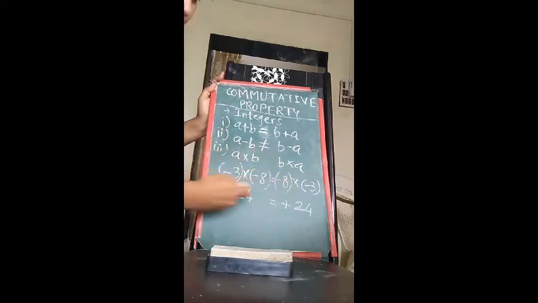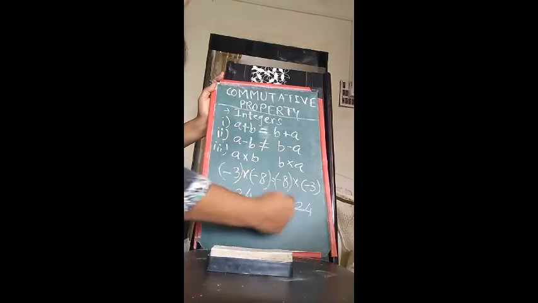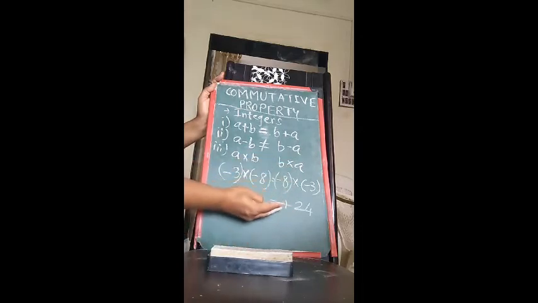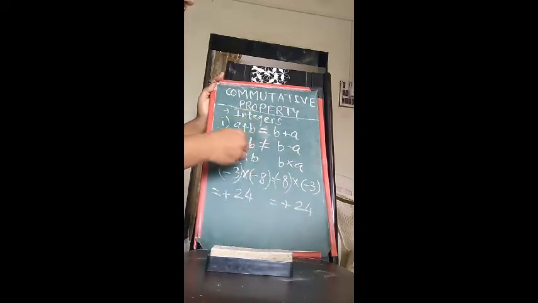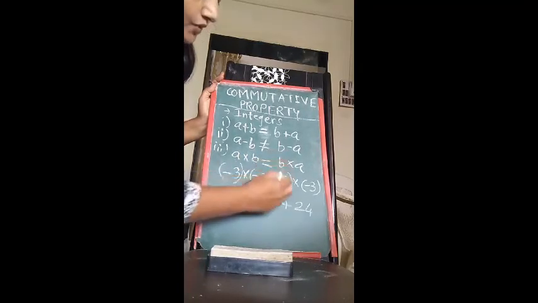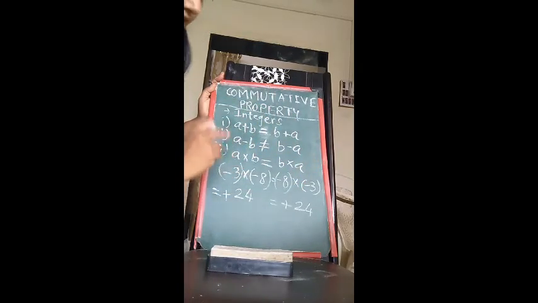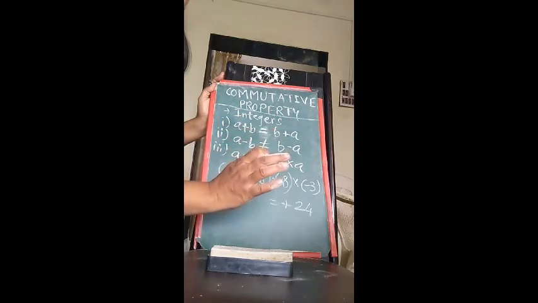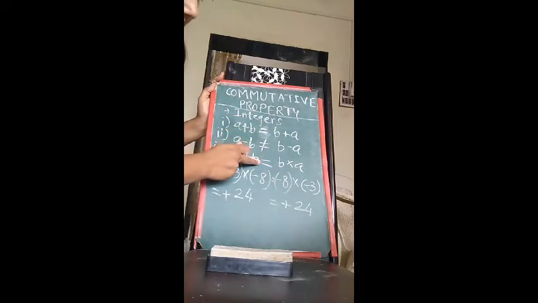So what answers did you get for a multiplied by b and b multiplied by a? Plus 24 and plus 24, which means both the answers are the same. So this commutative property is defined for multiplication, that is, we are going to write a multiplied by b is always equal to b multiplied by a. Have you got it? So write the is-equal-to sign. If you forget the sign, there is no point in writing this. So you have to write these signs. Is equal to, is not equal to, again is equal to. Now we are going to check for division.